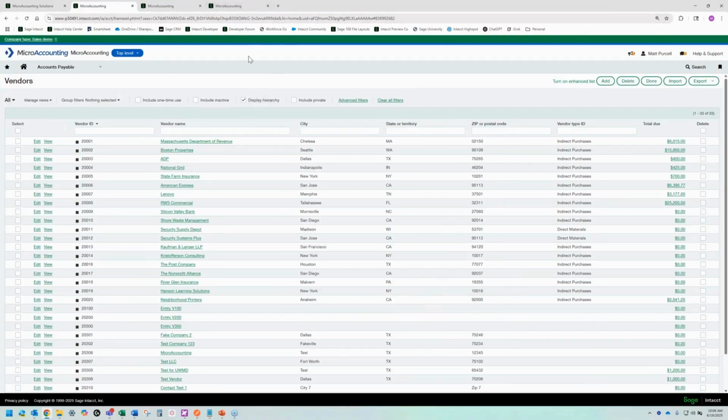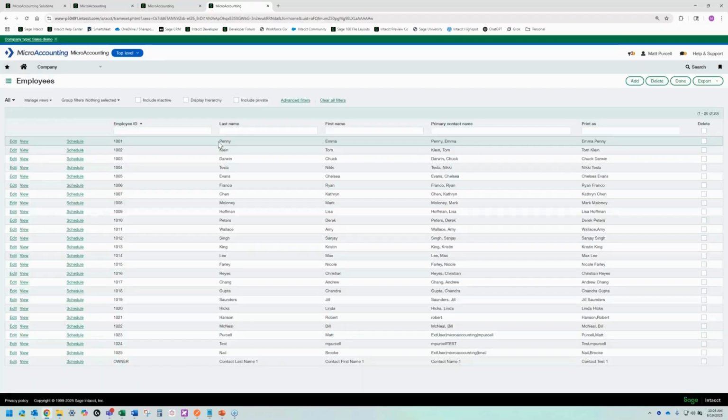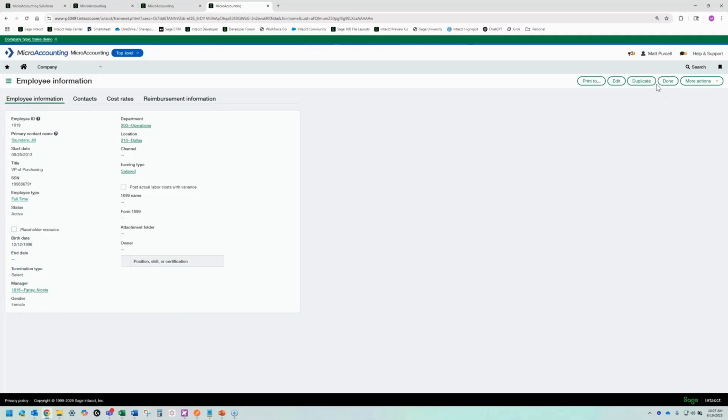So if I flip over to my third tab, actually, to show you the employees, just because this has a good hierarchy view. Basically, what this does is it transforms this list from just a standard list view of everything in alphabetical order to an actual hierarchy list view where it takes into account the employee's manager. So if I uncheck this box, you'll see that the employee IDs are just listed in numeric order, and it's just a single long list view. If I needed to know who Jill Saunders' manager was, I would actually have to go in here and view her record.